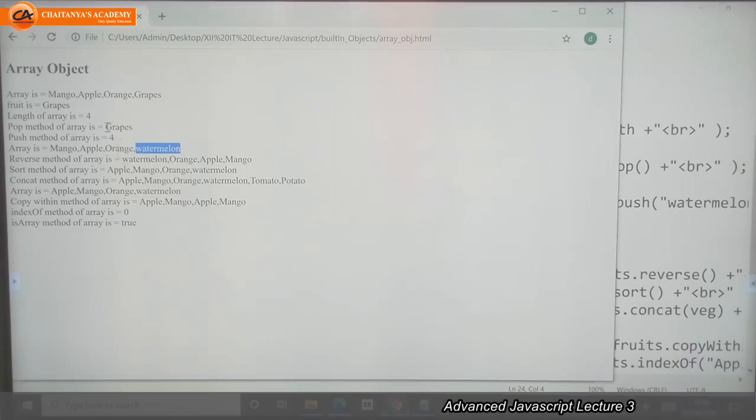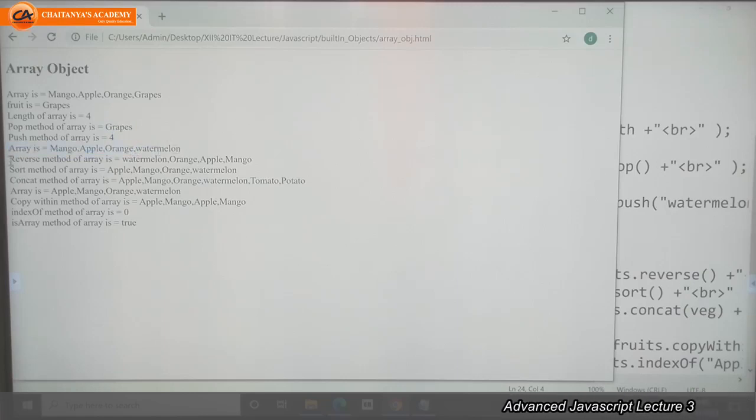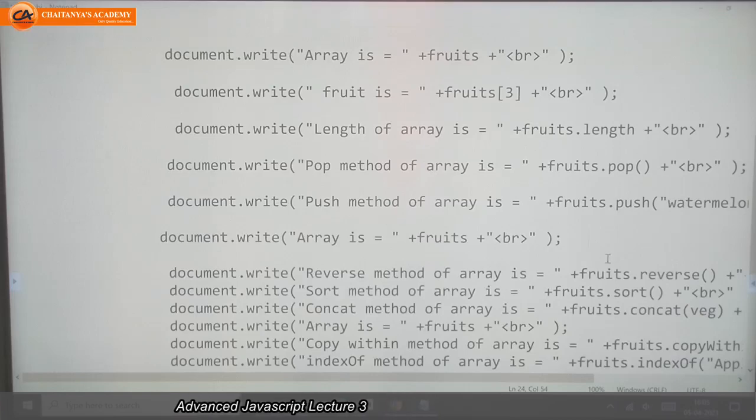Why? Because it removed grapes since I used the pop method. Push method adds the element at the last index, that is watermelon. So my new array is mango, apple, orange, watermelon.